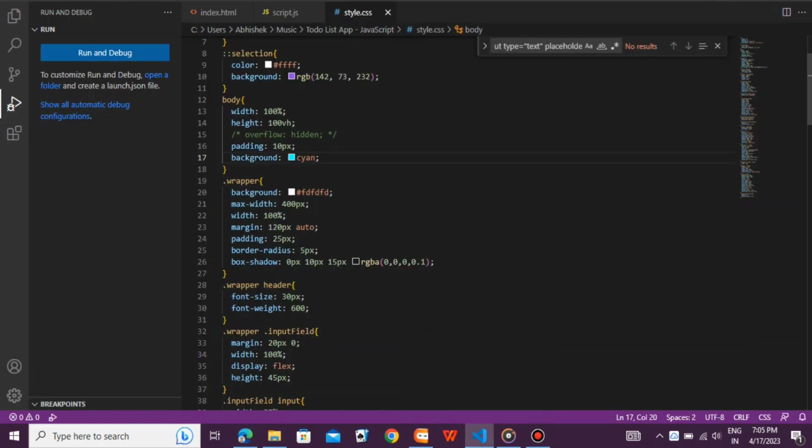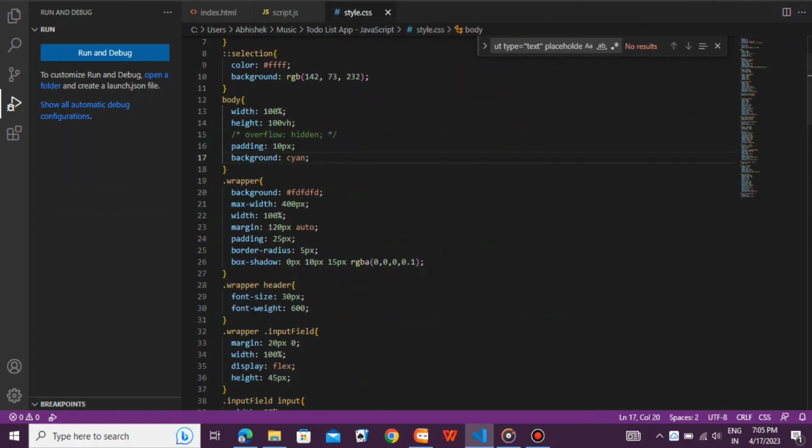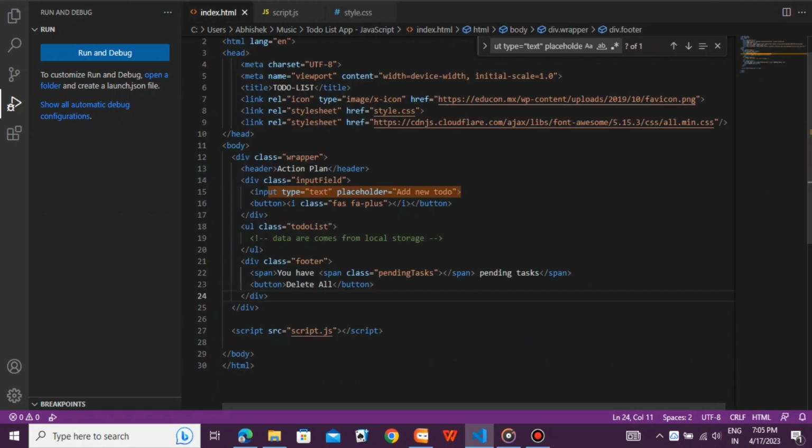So the front end code will be divided into three files. It will be an index.html file, a JavaScript file, and our CSS file. So first we have to see the HTML file. So the HTML page is the raw structure of our project.